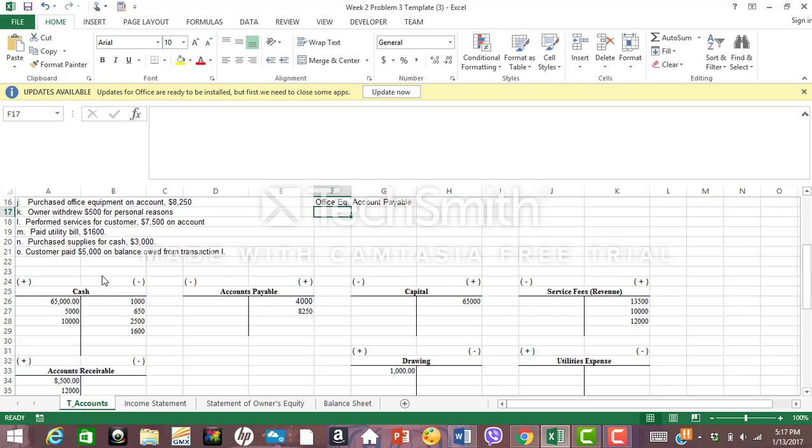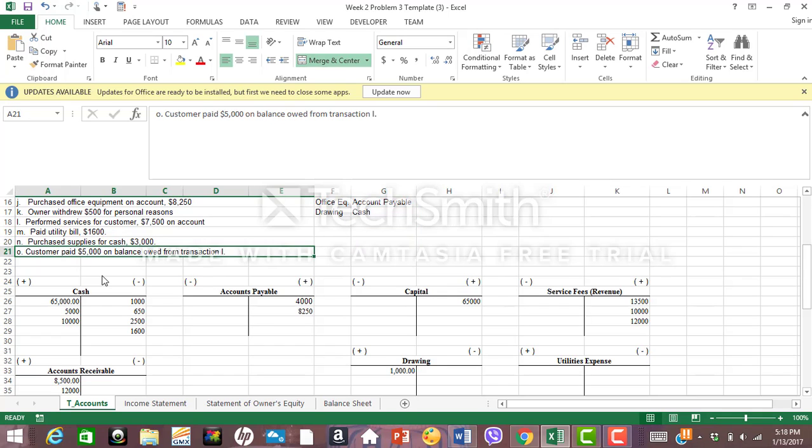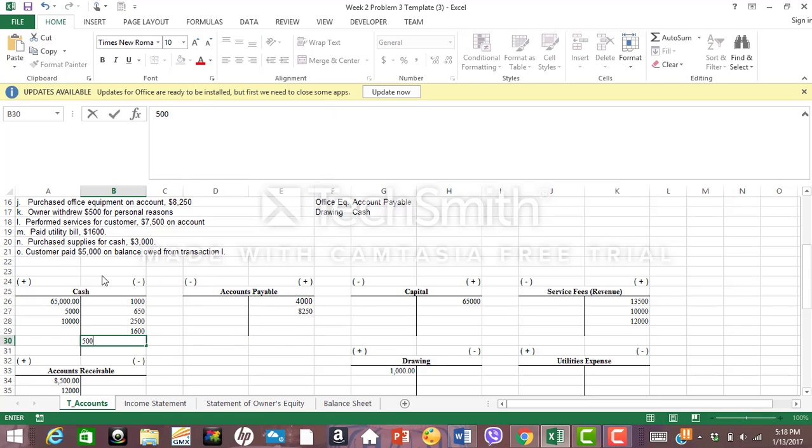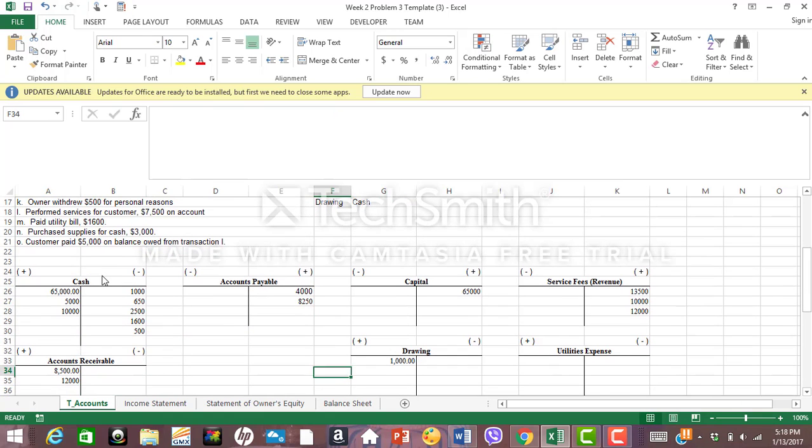Owner withdrew $500 for personal reasons, so drawing is getting affected, and the other account, cash, is getting affected, and it is for $500. So we credit cash for $500 here, and then we debit drawing for $500, and we are done with